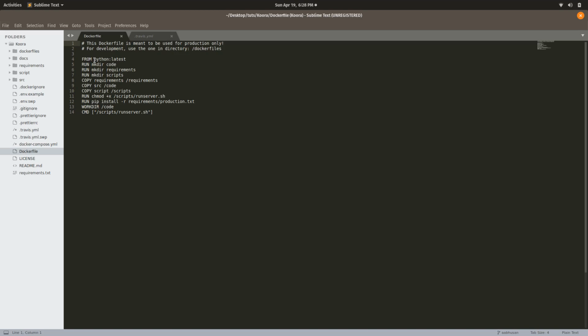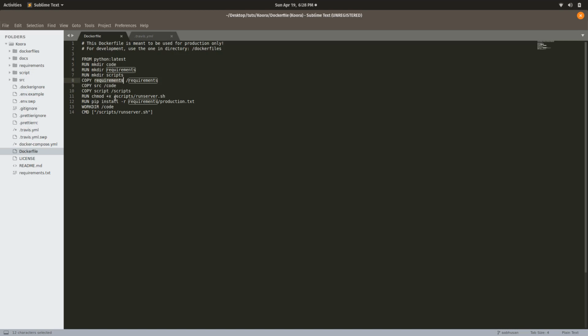What we have done is you just take an image named Python, with the tag latest, from Docker Hub, and create a directory called code, a directory called requirement, and a directory called script, and copy requirement from the local directory here to /requirement, source to /code, and script to /script.